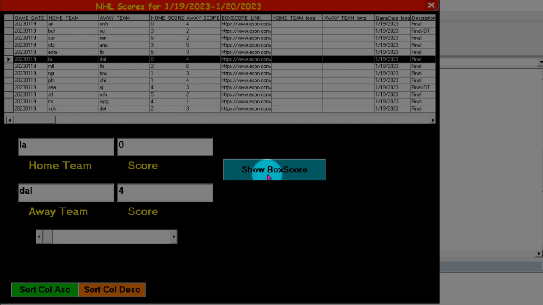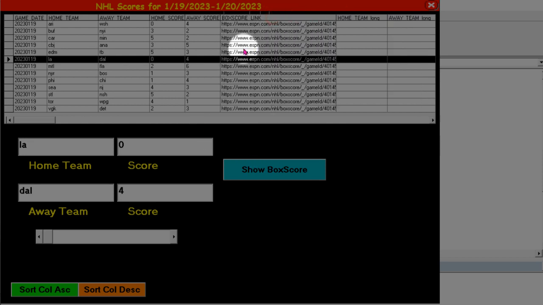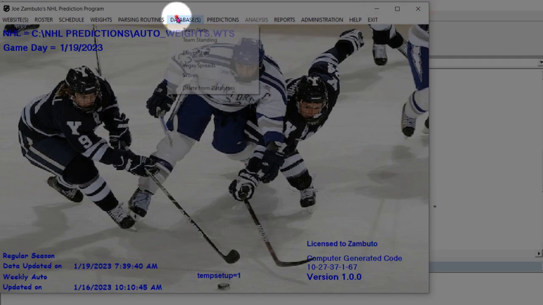And of course, unfortunately, I don't have the internet available, so I can't show you that. But if you pick a team or a matchup, hit the box scores, because you can see we capture the box scores right here when we parse the scores. Okay, and so essentially